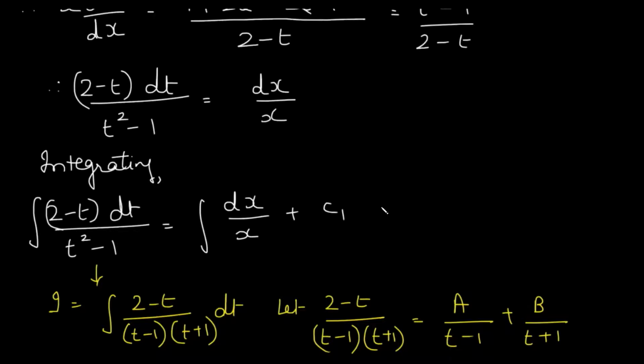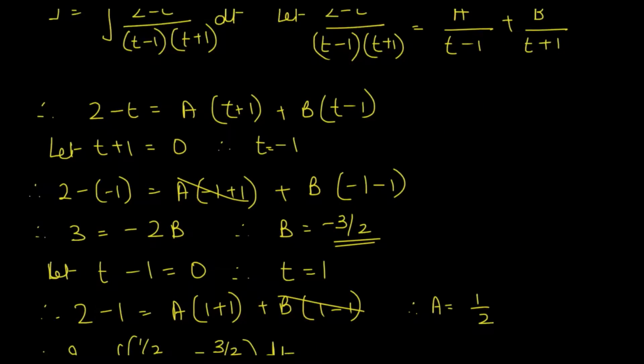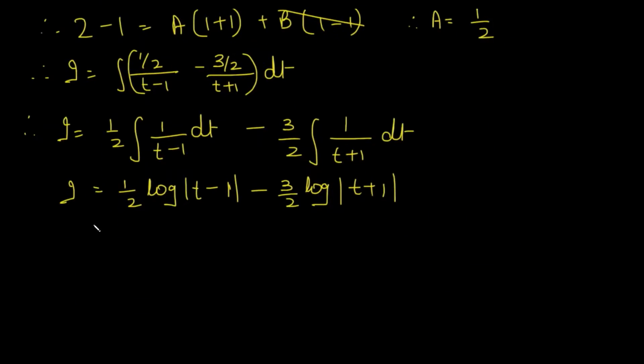Let us number this equation as equation 4, since we had 1, 2 and 3 earlier. The answer to the LHS we have found out already. RHS will be log x plus log c1. And therefore equation 4 becomes, finally,